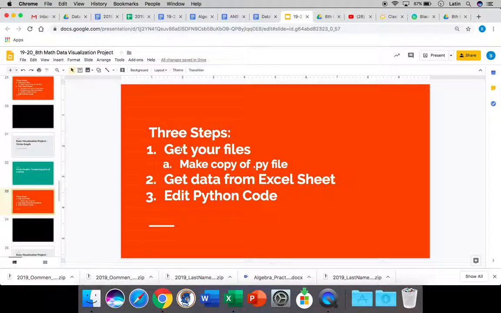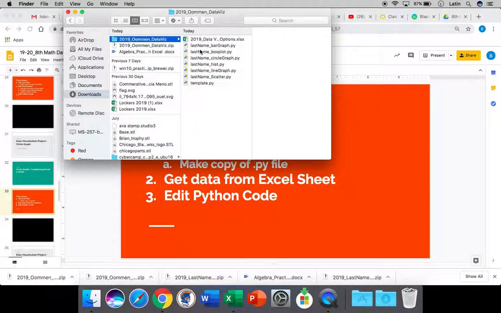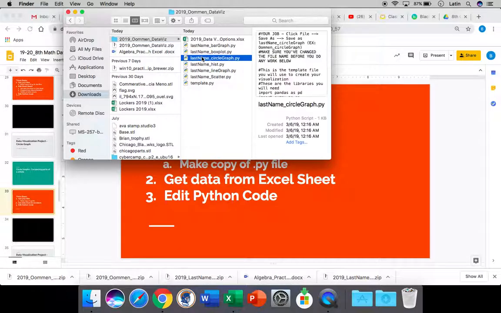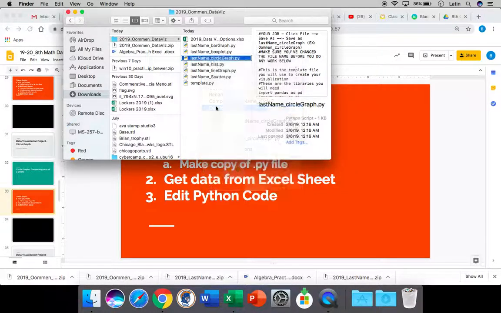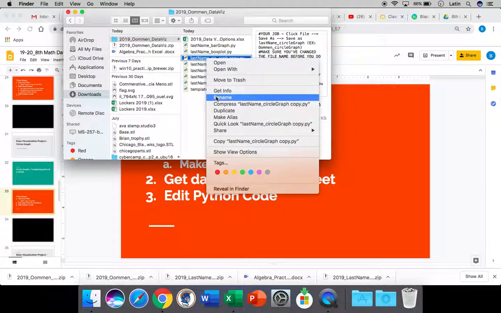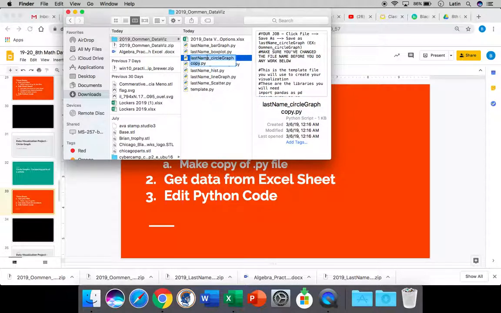I've got my files. Actually, no, I need to make a copy of the .py file. So let's go ahead and find the .py file for the circle graph, and I'll make a copy of it. So two-finger click on it. I will duplicate it, and then I'm going to two-finger click on this copy, and I will rename it. I'll change the last name, circle graph, and I'll get rid of the word copy. So it's just going to say